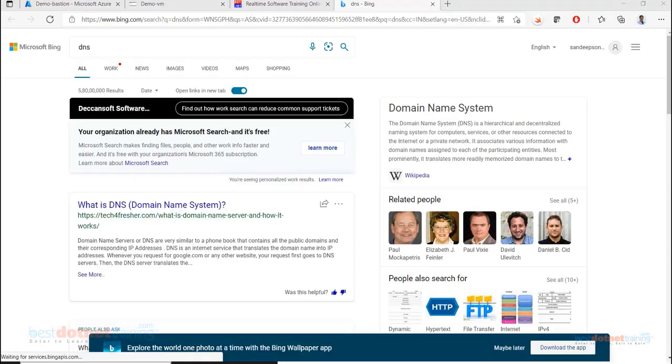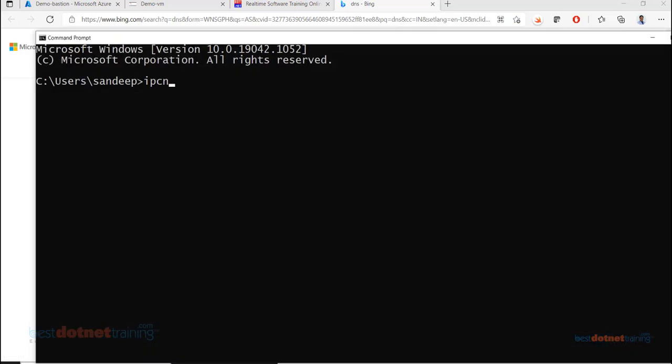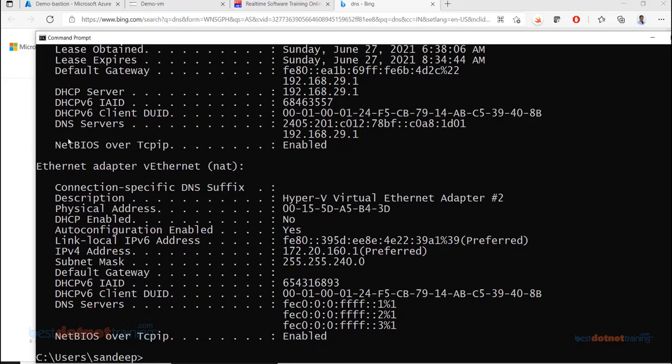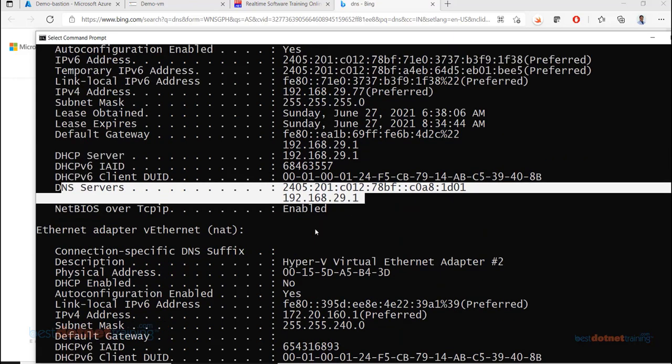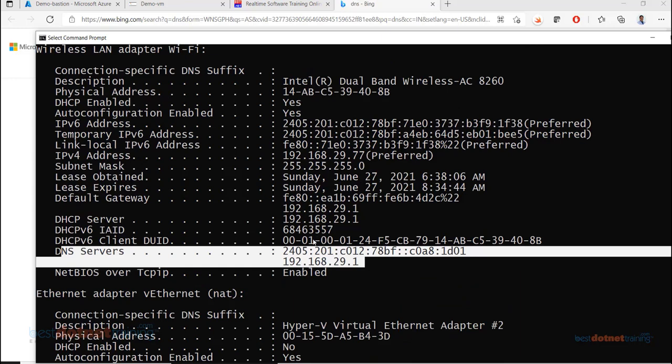Go to command prompt and type here ipconfig /all, whichever network you are using. For that network, there will be a DNS server assigned. So my requests are always routed to that DNS server. And that DNS server will search first if there is an entry, name mapped to IP or not. And if the name is not there, it will go to its parent DNS server. Like that, every DNS server has an authoritative parent DNS server where it will search for an entry.